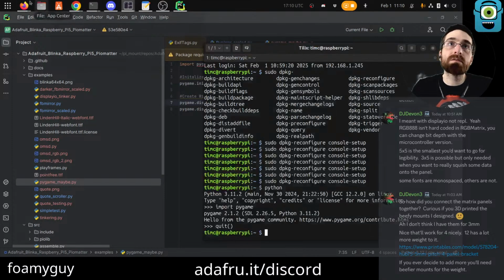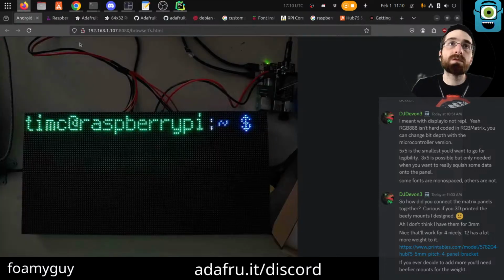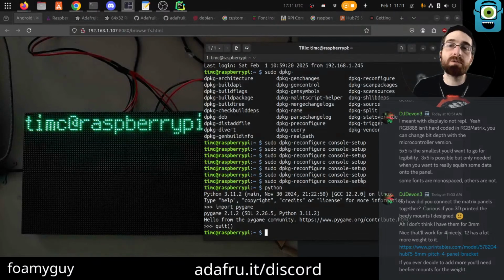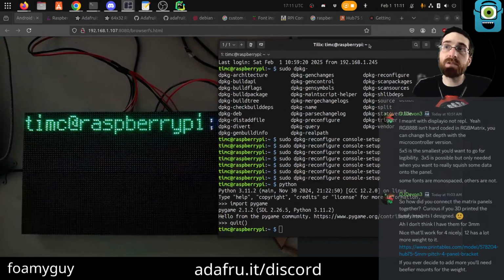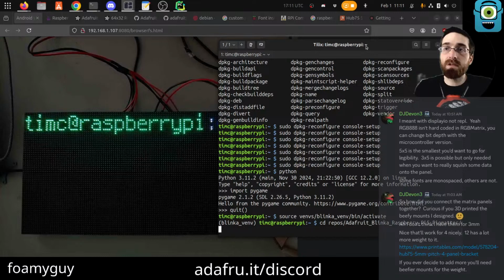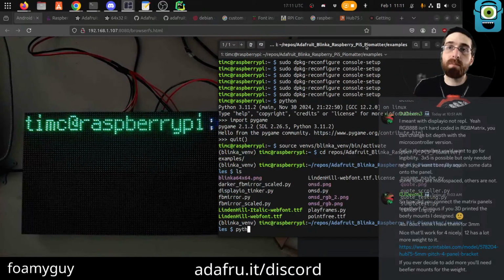Happens. So one thing is I'm assuming this probably would end up being kind of like VLC, where I would need to run it locally, not through SSH, but let's try SSH first. I'm totally not ready to go for that at all. So let's do this, Blinka, bin, activate that one, go to repos, samples.